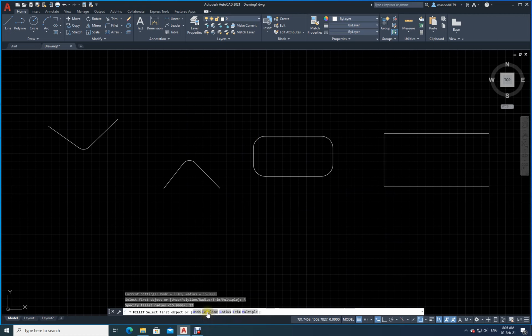And now here you see there is something called polyline. Okay. I will choose this polyline option and then I will select the whole thing. See here, I will select the whole thing. The moment I click here, now see, all corners it has done. Enter. Okay. I will escape.